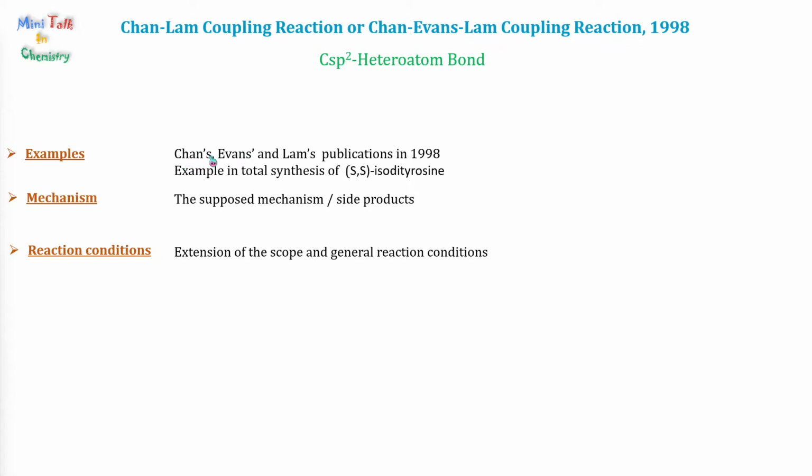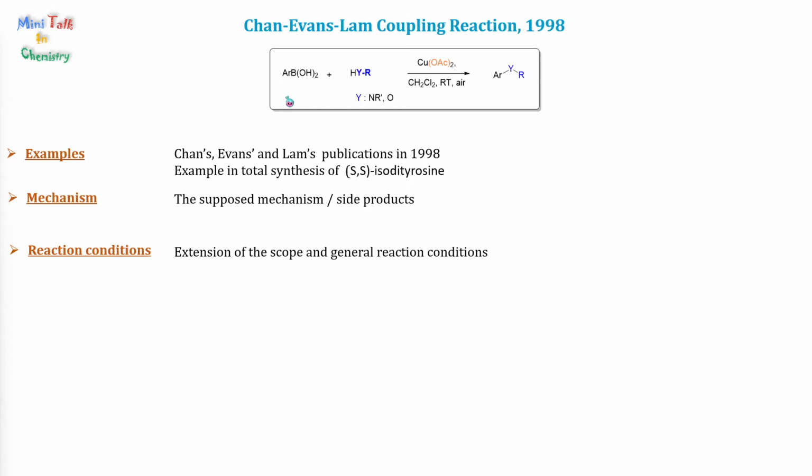We'll start by reviewing their work published in 1998 before looking at an example in the synthesis of isodityrosine. After that, we examine the mechanism of the reaction and the formation of side products. As usual, we will finish with the extension of the scope and some general reaction conditions. This reaction is unique, coupling two nucleophiles, an aryl organoboron compound and an amine or phenol, using copper(II) acetate under